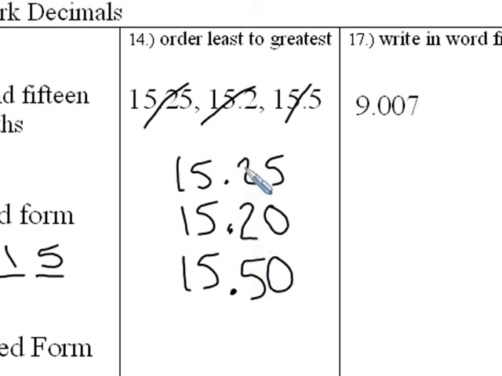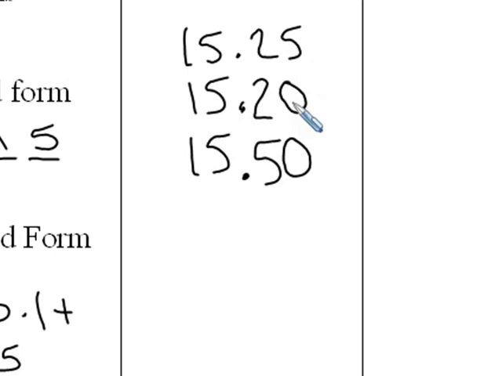So I'm looking for the least number. Well, 2 is less than 5, so I'm going to concentrate on these two top numbers first. So if the 2's are the same, I then go to the next place value, the hundredths, and look to see what is my least digit in the hundredths place. Well, my least digit is 0, so I'm going to say 15.2 is my least number in this order,